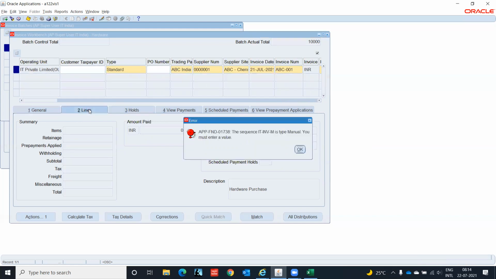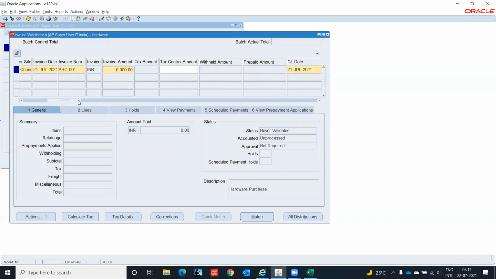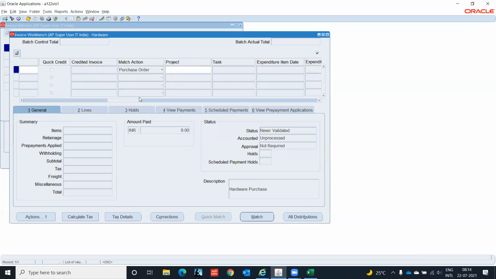Under the lines, we are, okay. Right now, we are entering manual. So we have to search where it is.